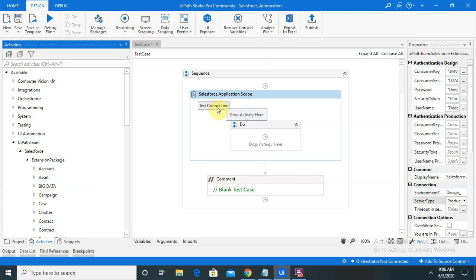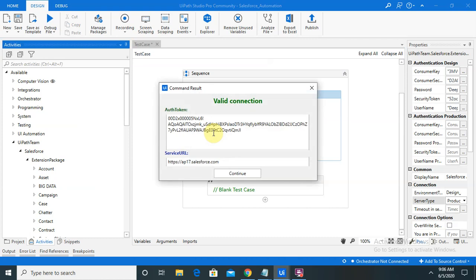I am clicking on the test connection and I will show you the valid connection should be established. If you want to create a connection or connect a Salesforce account with UiPath, please watch my previous session on integrating Salesforce with UiPath.